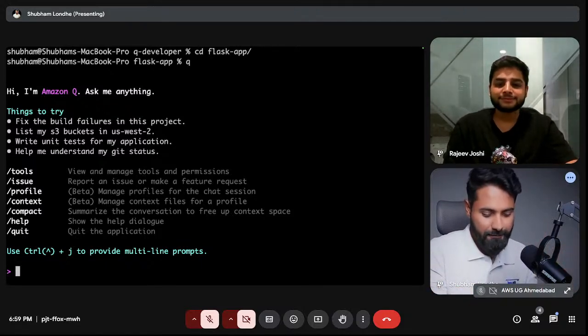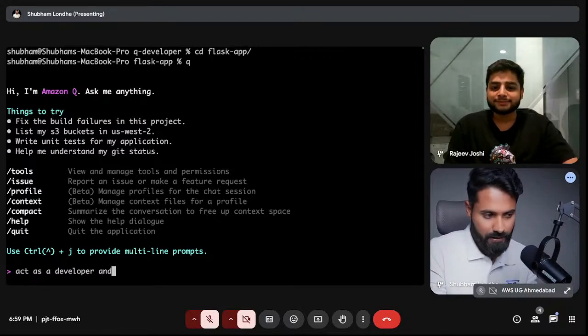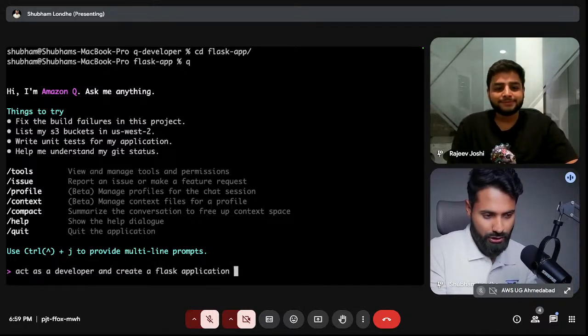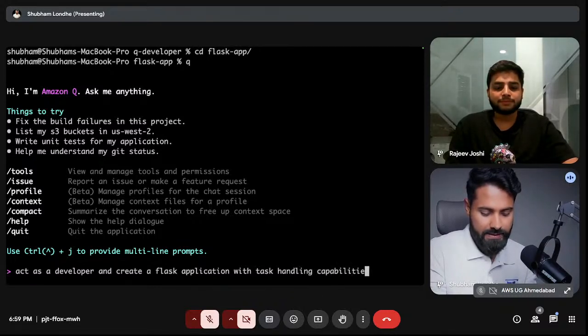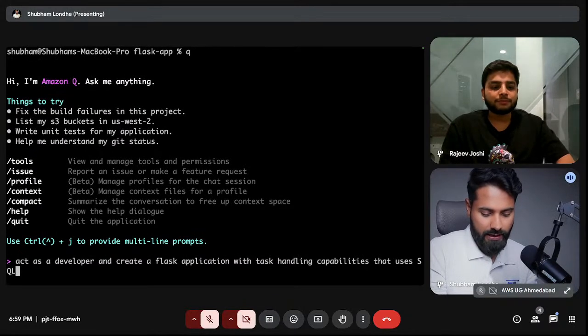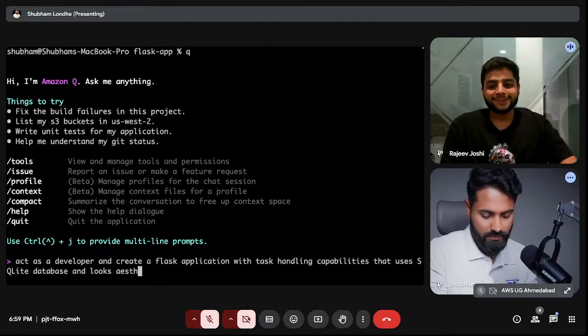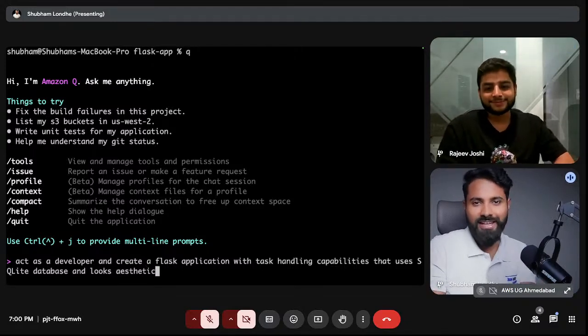So I can directly write, act as a developer and create a Flask application with task handling capabilities that uses SQLite database and looks aesthetic, because जो दिखता है वही बिकता है.